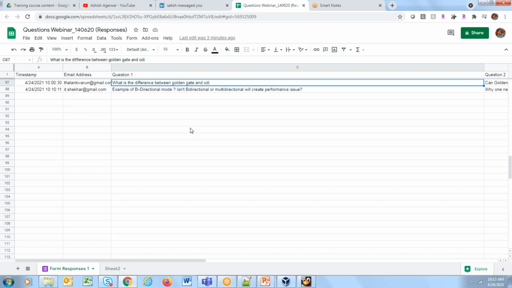So Golden Gate is used in conjunction with ODI, it is one of the best available business intelligence tools in the market. Golden Gate along with ODI or Golden Gate along with Informatica. So basically these two are used simultaneously, and a lot of projects are there wherein you are managing Golden Gate along with ODI. So Golden Gate is a replication tool, and you can also perform data transformation. ODI is used for multiple purposes, like you first extract the data, then perform the transformation, and then do the data load.